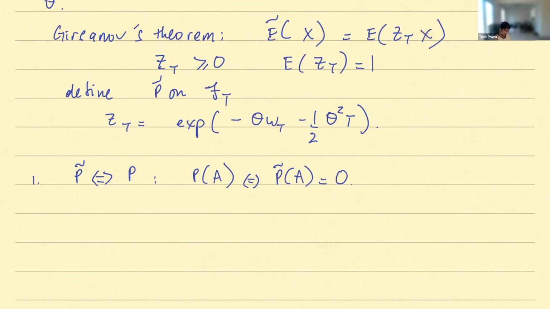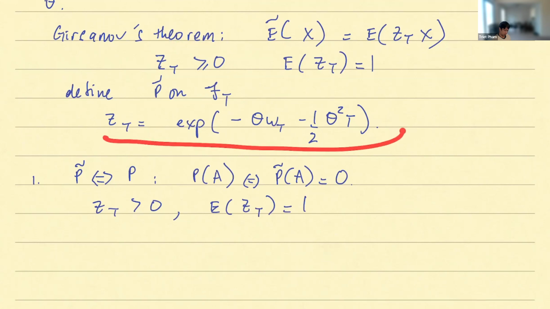But here, first of all, I think it's clear that the kernel chosen like this is strictly positive. And the expectation is 1 from what we know from the Brownian motion property. Here again, when you deal with this, pay very special attention to whether you're looking at E or E tilde. It may be confusing. Also whether you look at W tilde or W.